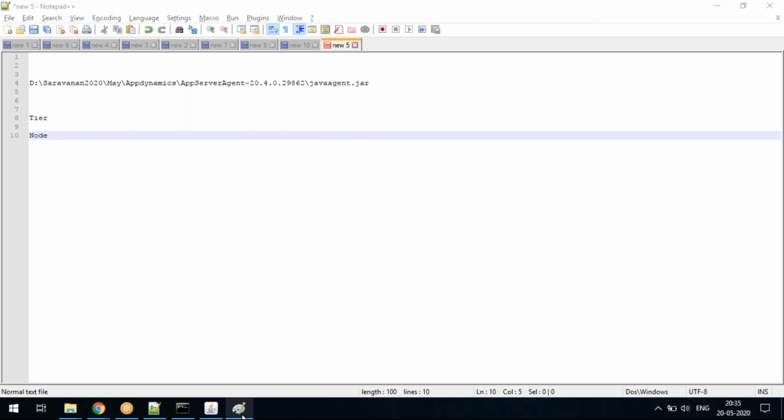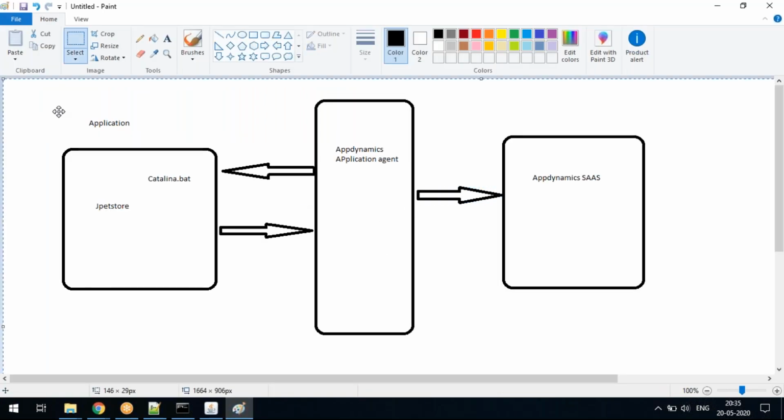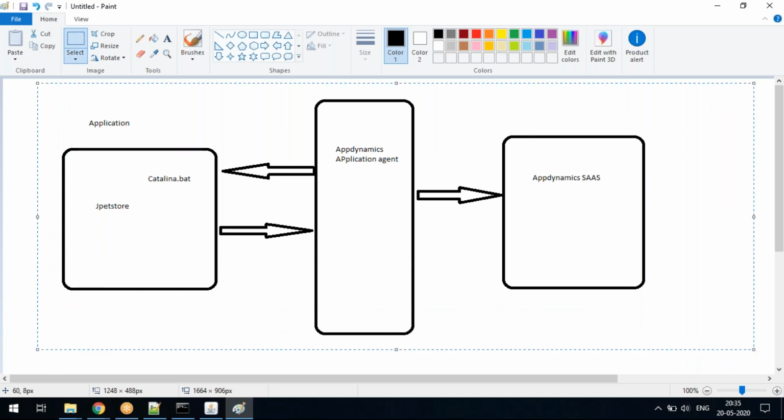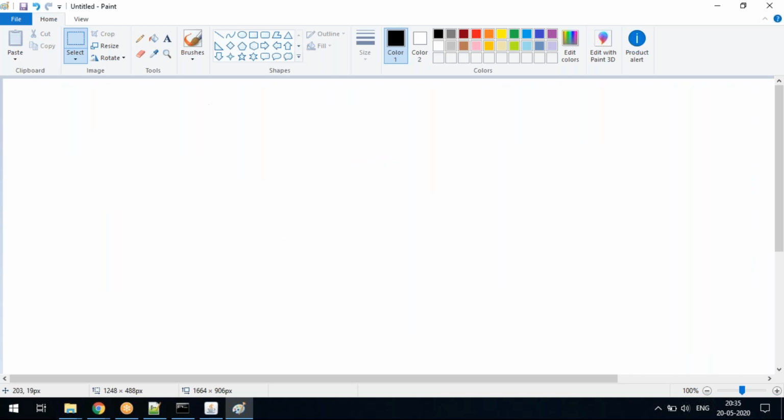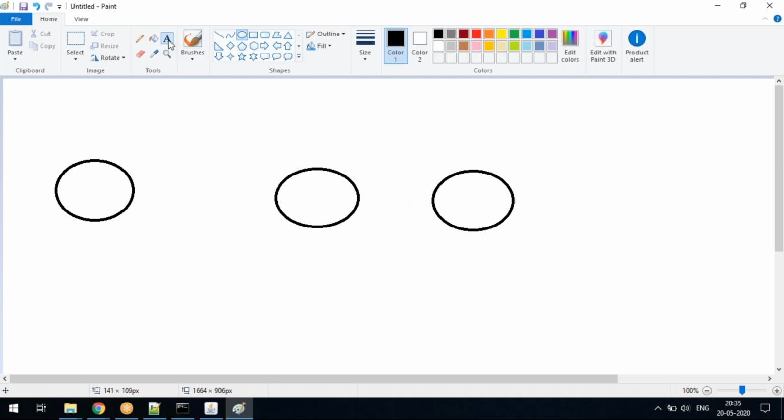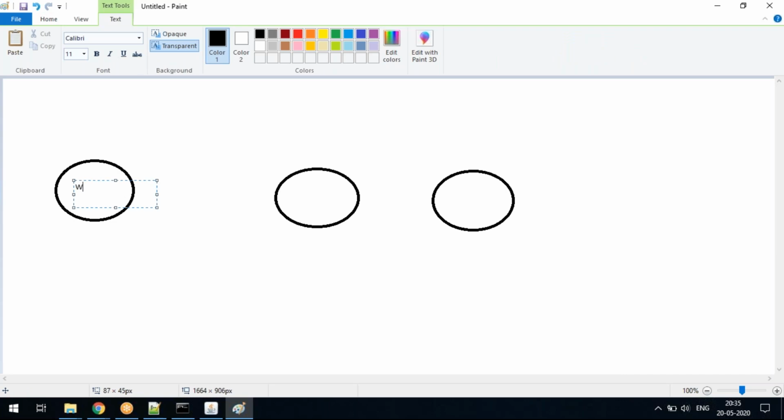I will maybe tell you like this also. I usually provide this kind of representation so people will understand it a little more clearly. You have web, app, DB. People usually call this a 3-tier architecture. If it is deployed in 3 machines, they'll call it a 3-tier architecture, right? So 3 things are there. That is called a tier. Web is a tier, app is a tier, DB is a tier.